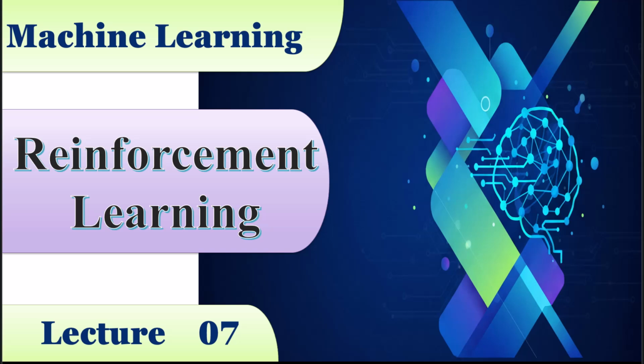Today we begin one of the most essential topics in modern artificial intelligence, called reinforcement learning, or RL in short. Reinforcement learning is fundamentally different from the supervised and unsupervised paradigms we studied earlier. Instead of learning from static data sets, reinforcement learning focuses on learning from interaction. We have some agents. Agents continuously engage with an environment. They take actions, they observe the consequences, and gradually they improve their behaviors.